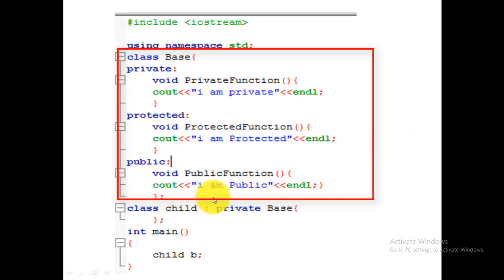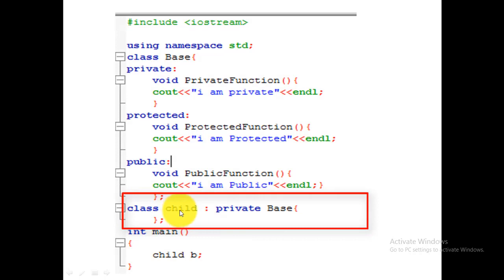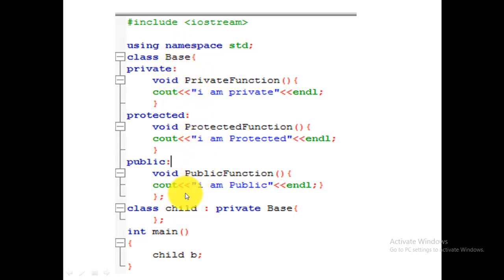And after that there is a child class which is derived from the base class, and while declaring the base class, it declared that the base class is private. It means that we declared the full base class as private. So if the class is private, can we access its public data members and member functions? Can we access its private data members and member functions? Can we access the private section, which is not allowed to be used outside the class?